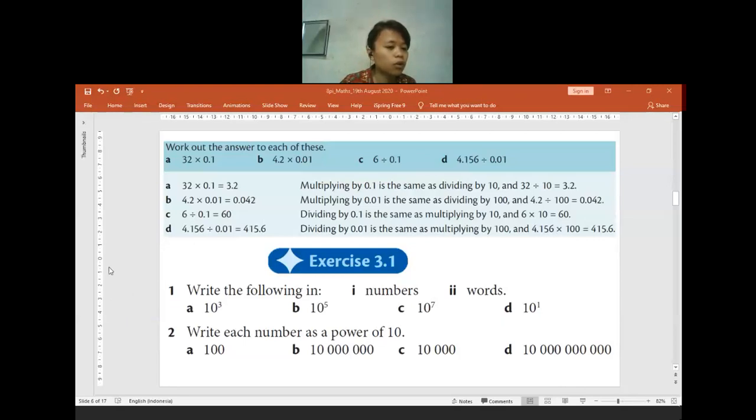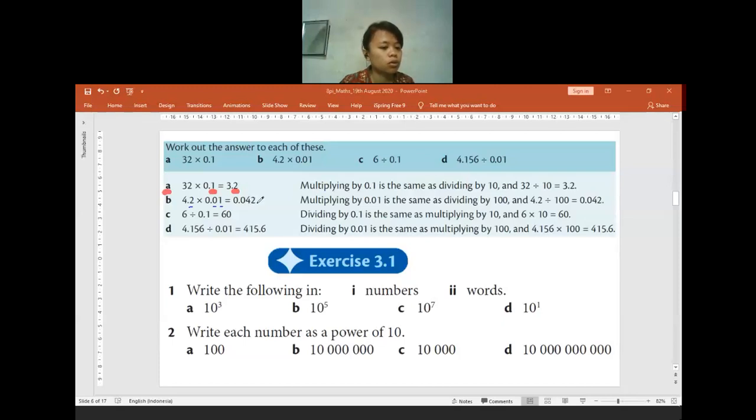Is there anyone who gets confused? If you multiply with the decimal, it will be easy. So you can check how many decimal places there are. Like the question A, there is 1 decimal place. So that's why the final answer will be 1 decimal place. In the question B, at the 4.2, there is 1 decimal place. And then at 0.01, there are 2 decimal places. So it means in total, there will be 3 decimal places. That's why it will be